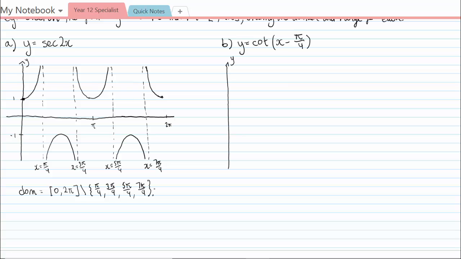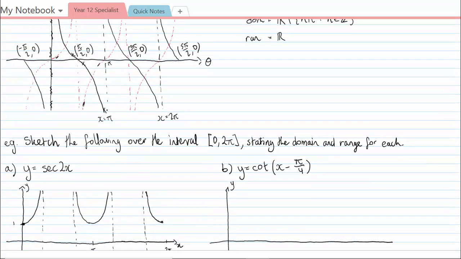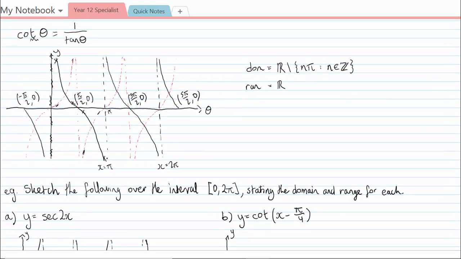And anyway, the range of this one as well is going to be all real numbers excluding -1 to 1. Right, onto the graph of cot now. So again, sketching from 0 to 2 pi. I should label this x as well. So we look at the graph of cot. Normally it has an intercept of pi on 2. So that's moved across pi on 4 units to the right,